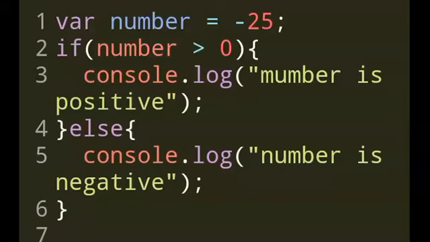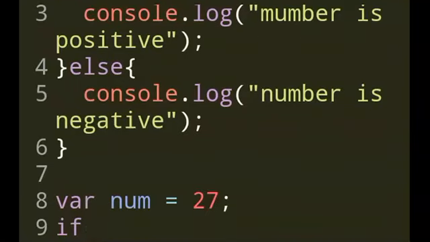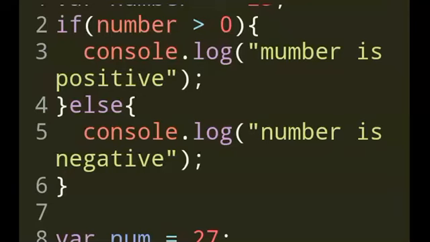So let's say the number is 27. Yeah, and then I make a condition again. If num percentage, you already know about this, divided by 2, the quotient.